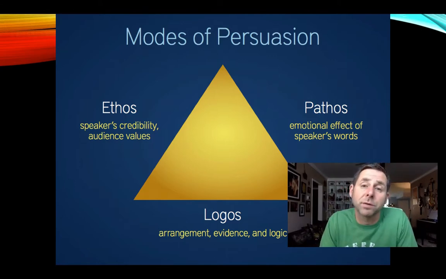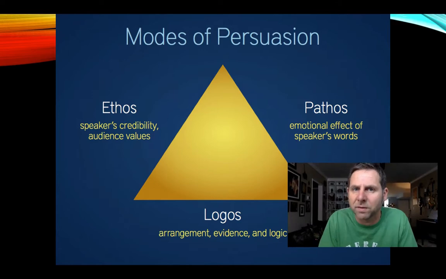The second one is ethos, and ethos is about credibility. If you want someone to believe you, it definitely helps if they trust you. In fact, that might even be enough. If they trust you, they'll trust what you say. So ethos is essentially about trust. Logos is the last one. Logos is, for us, the most important. Essentially, you want to believe things because you have good reasons to believe things, and logos focuses on giving you actual reasons for believing things.